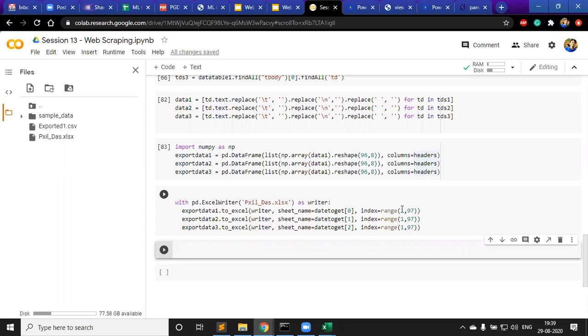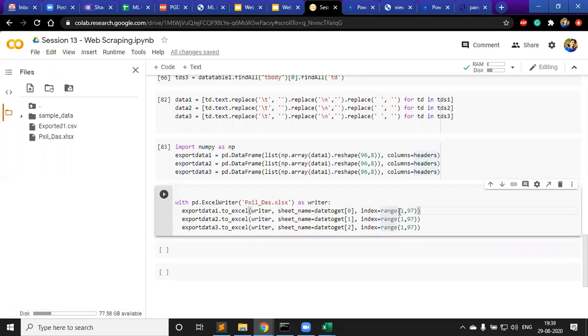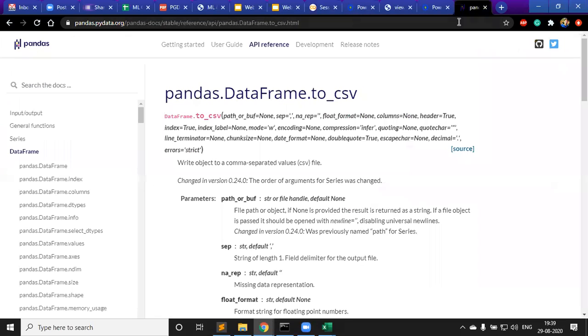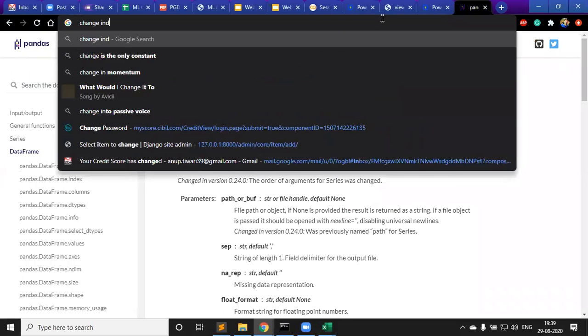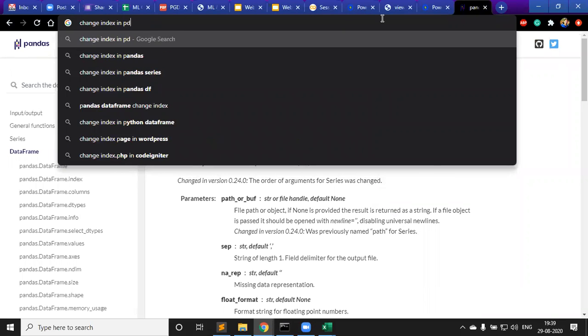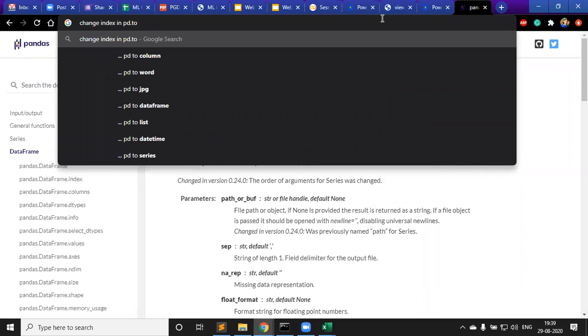It should be fine, but it's not working well. Okay, so I don't know. Maybe something. Change index. Change index in df.to_excel. To Excel. I'll just